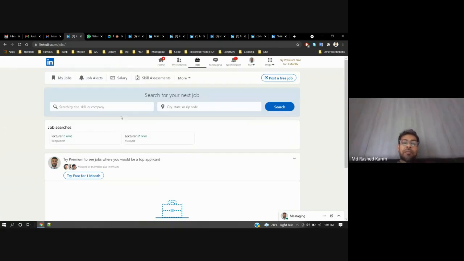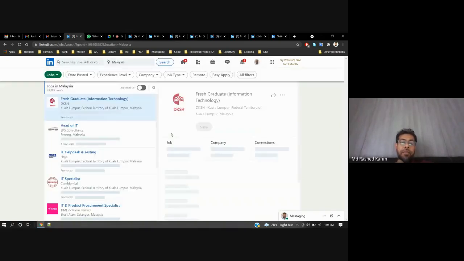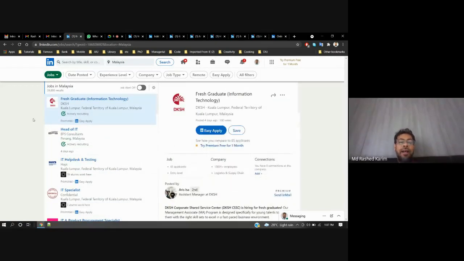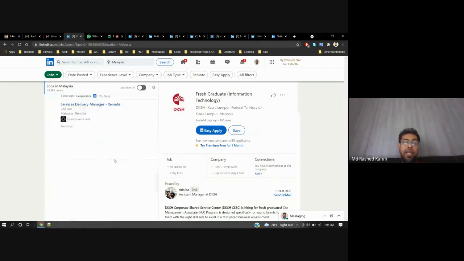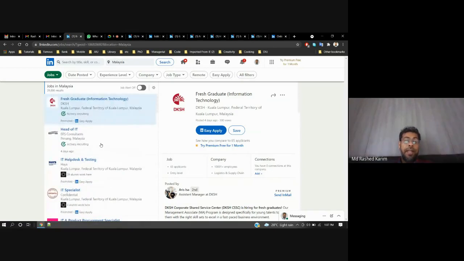You can search for jobs. Before searching, you put where you basically want to get a job. If I go for Malaysia, there are so many jobs in Malaysia. You can get job notifications from LinkedIn, or you can filter the job criteria.